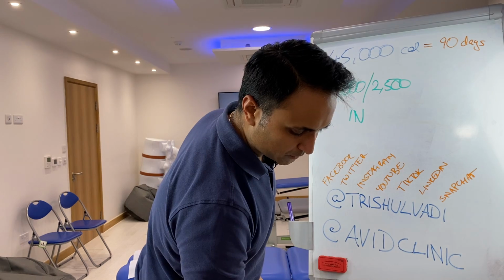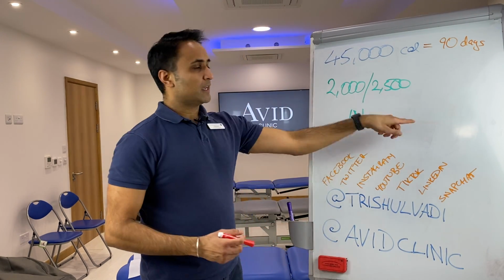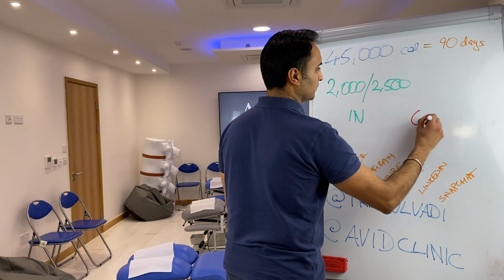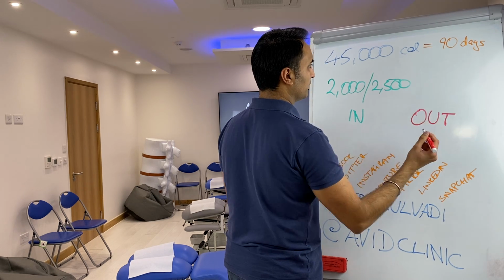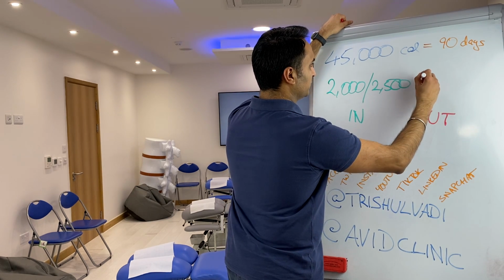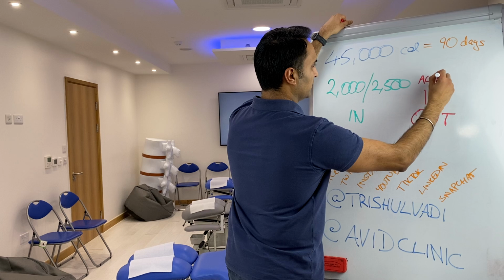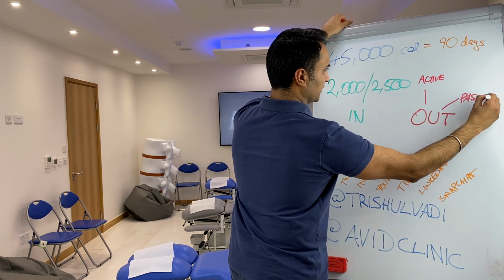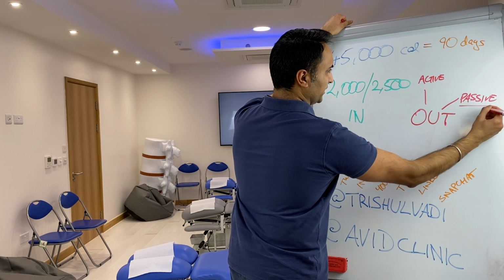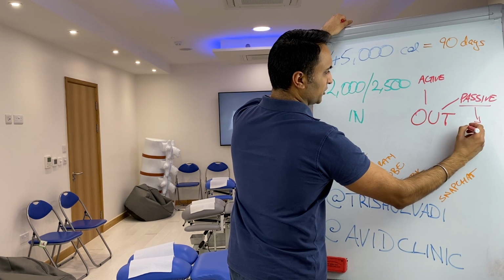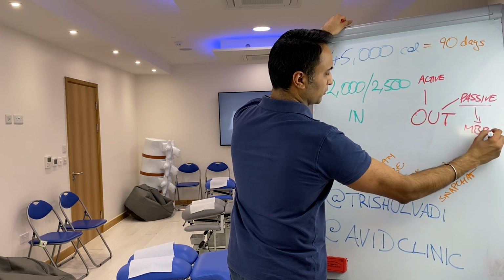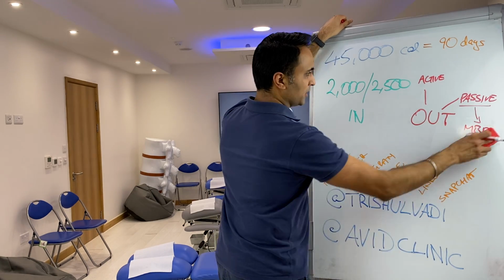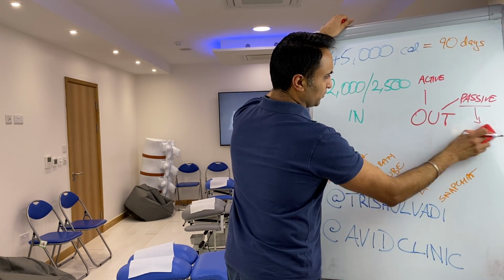Now there are 2 numbers we want to use for the amount going out. There is the active energy and your passive energy. This passive energy is the same as your basal metabolic rate, or BMR, basal metabolic rate,